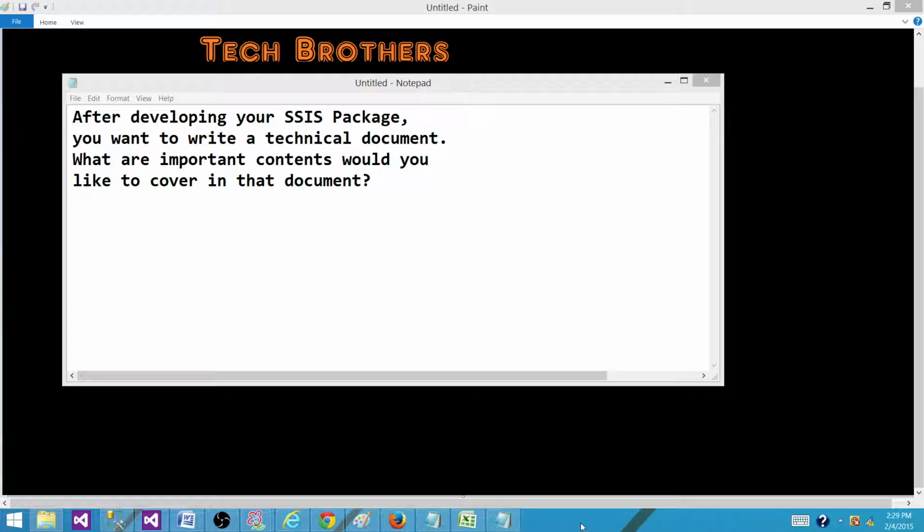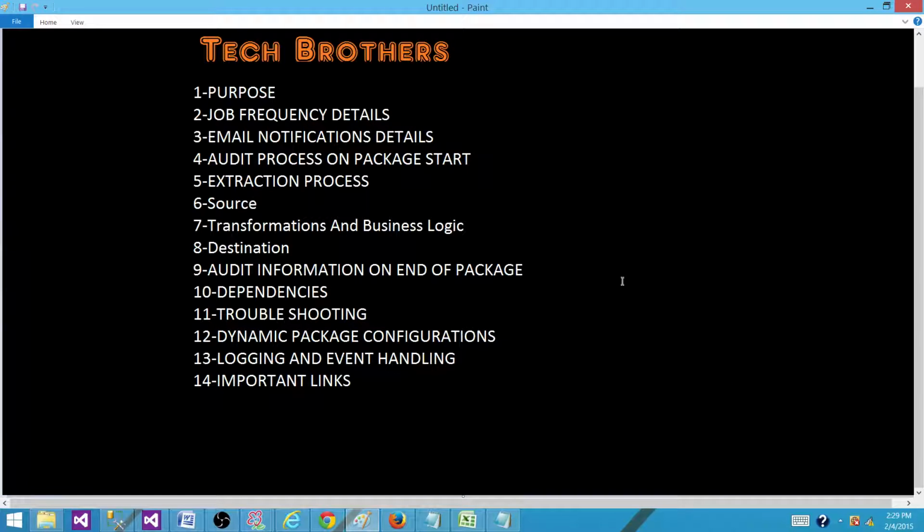So first of all, once you are developing your SSIS package, you will have some business requirement document that helps you to develop your SSIS package. That can be maybe your team lead or your solution architect. He has converted that BRD into a technical document and given it to you, and you have created your SSIS package. So once the SSIS package is created, the next part is you are deploying to the UAT, QA and production